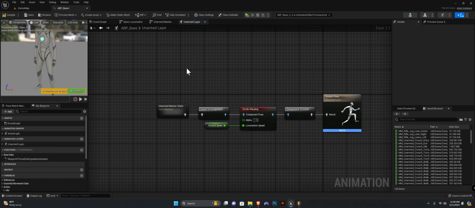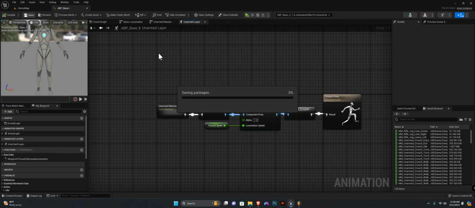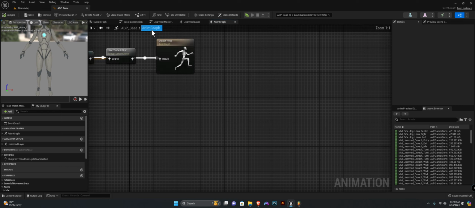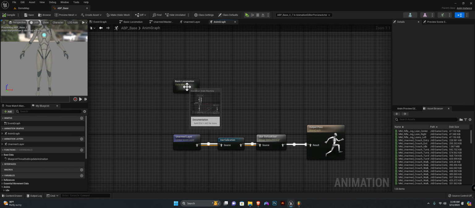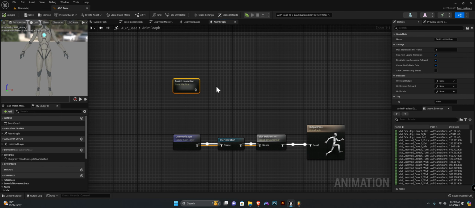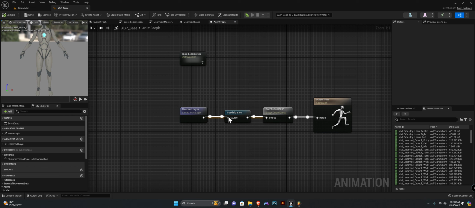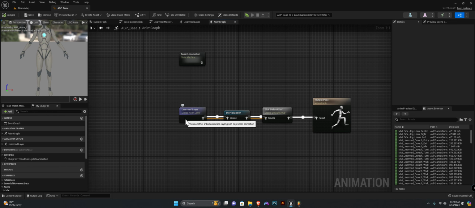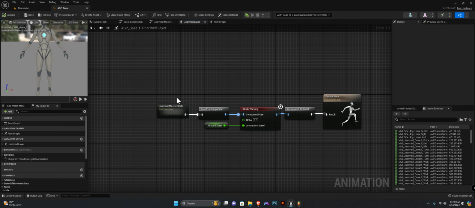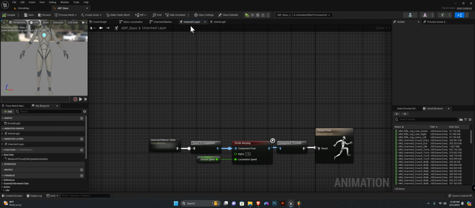Great. We're not going to add in anything just yet. Simply compile and save. So now we're using the unarmed layer instead of this base locomotion layer, where it's very specific to just the unarmed state. In later videos, we're going to add different blending right here, so we can select between our primary, secondary, and special weapon, or our default state, which will be our unarmed layer. So in our unarmed layer